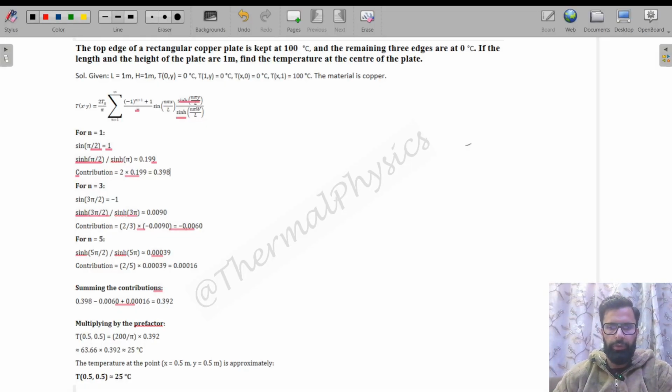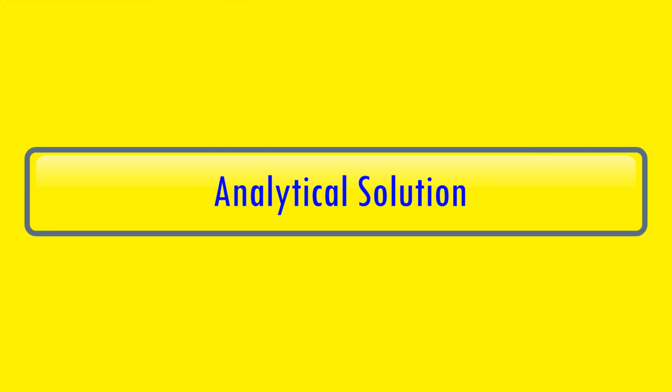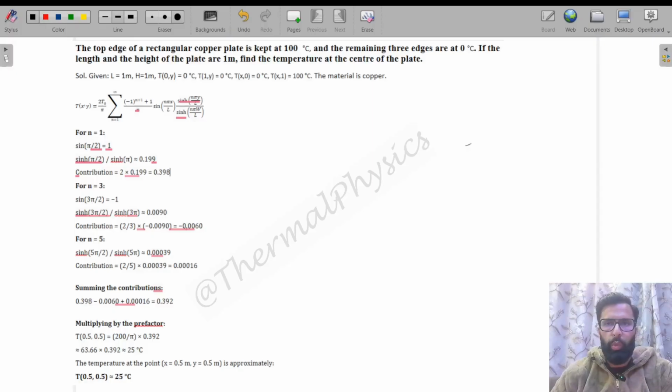Hello and welcome back. In today's video, we are going to continue with another heat conduction problem. This time we'll take a two-dimensional steady state heat conduction problem with no heat generation. We might have studied this kind of geometry, a rectangular plate where one edge is at say 100 degrees Celsius and other edges are at 0 degrees Celsius, and the general heat conduction equation is given